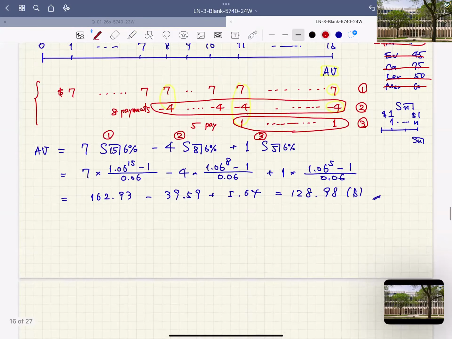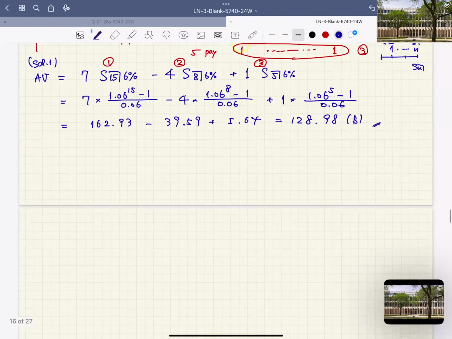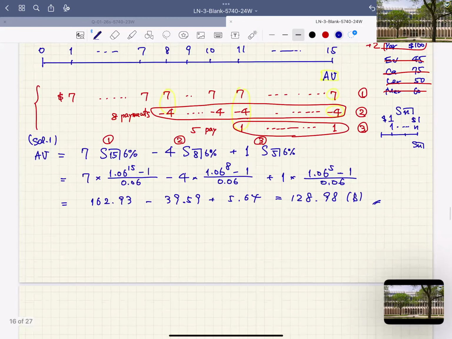Yeah, and of course, this is one way to calculate it. And the other way is to calculate the accumulated value from the present value. But before that, I want to discuss how to calculate this one. This is a little bit different from present value. So in BA II Plus,